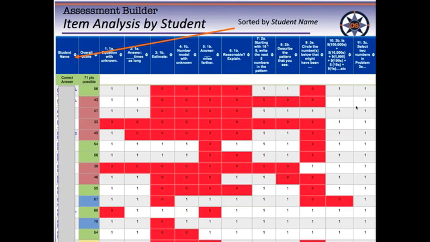Now, you can create in PerformancePLUS any assessment that has as many items as you would like. So if you're creating a math assessment, the way that you create the assessment allows you to have items and then analyze those items in these reports. Right. And we can talk with you about how to make that happen. And if we have time, we can even talk a little bit about the targets and claims if that's what people want to talk about.